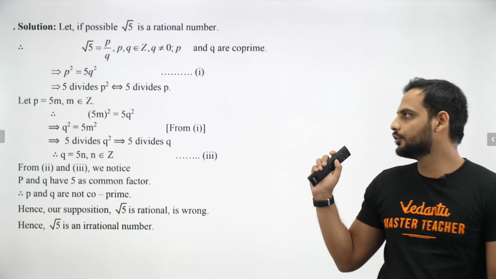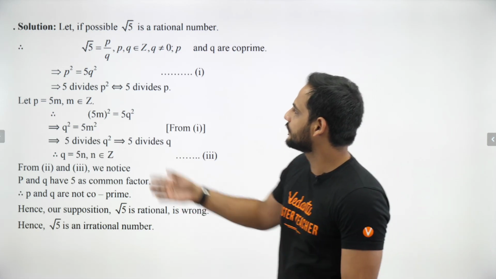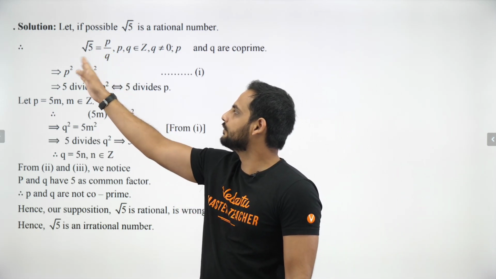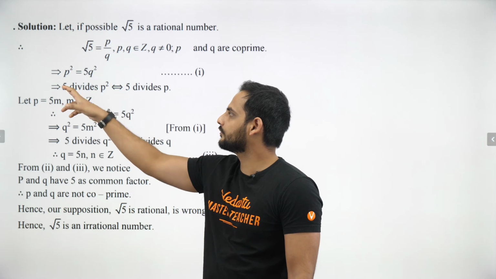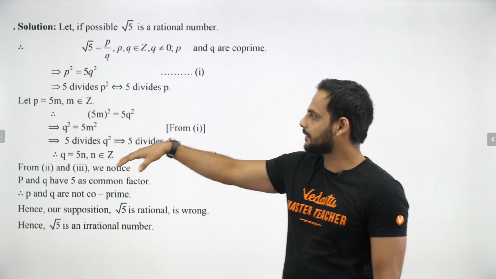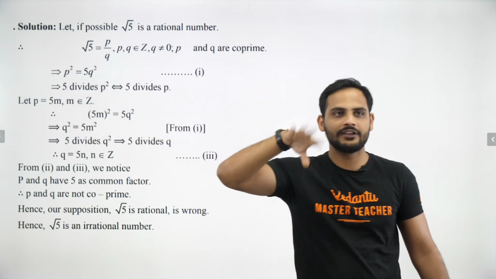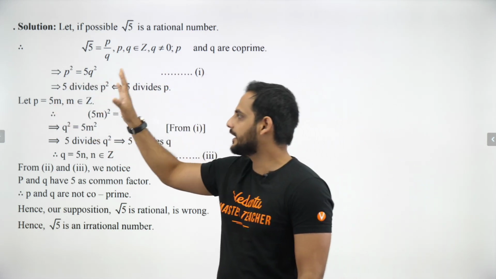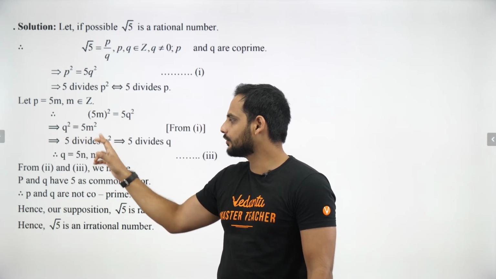तो इसका proof तुमको पता है, we will do method of contradiction. We will say कि चलो sir let us say it is a rational number, then you will square this part, तो p square is 5q square, फिर तुम बोलोगे कि 5 divides p square, फिर next part में आओगे कि चलो p we will take it as 5m because 5 is dividing p square, so q square is 5m square, so you will find out कि q is